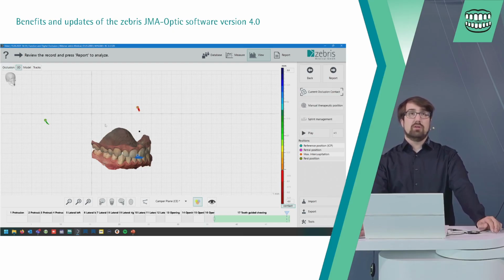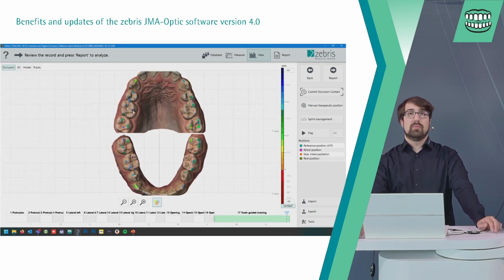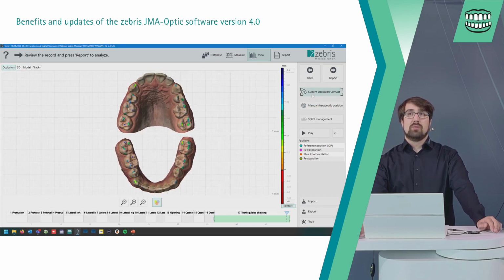So when we take a look here at our occlusal button, we can select between the current occlusal contacts, the summarized contacts, and the frequent occlusal contacts we see here.